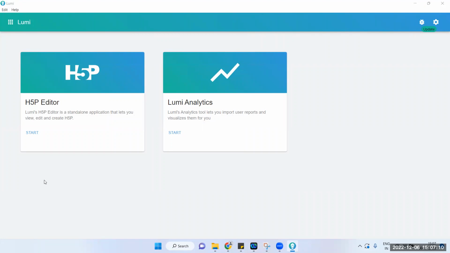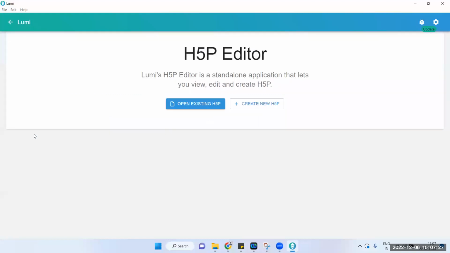Okay. So if you see on the home page, there are two options. It gives you an editor as well as an analytic. To start with, we'll skip the analytics part and focus on the editor. It is nothing but the H5P editor. If I click on start, Lumi's H5P editor, I can create a fresh new H5P content, interactive content of